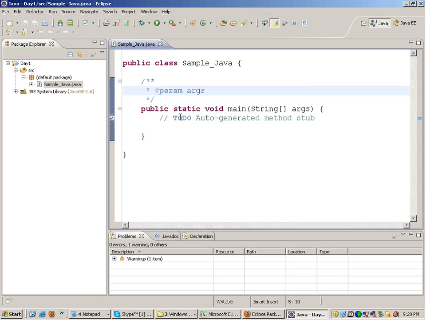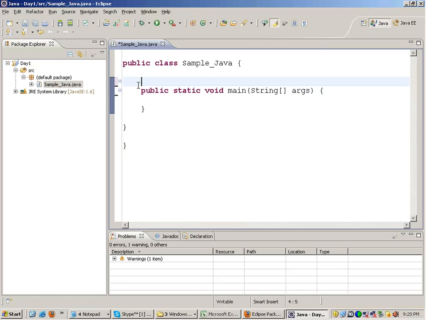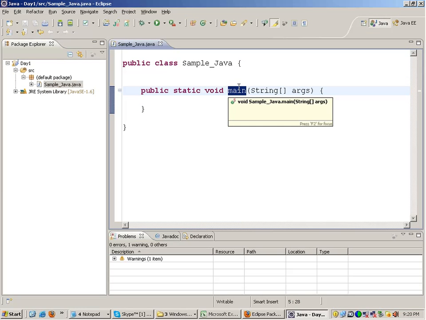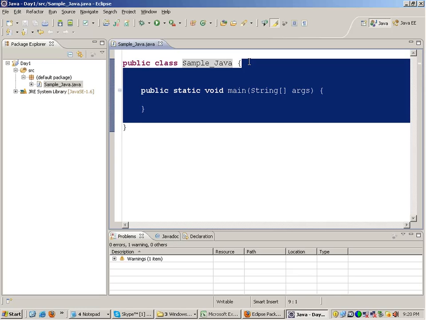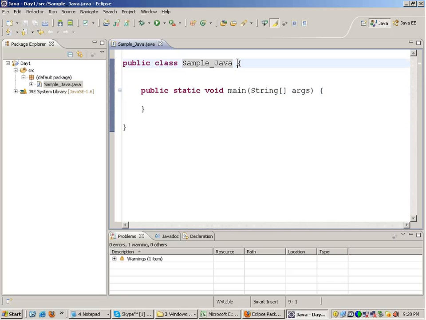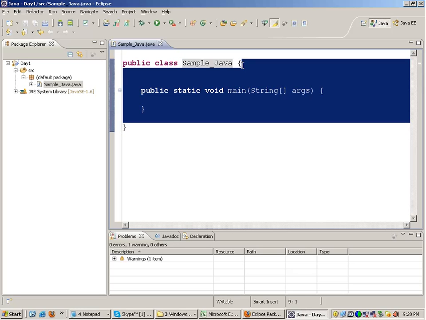Okay, fine. I hope you are able to see it clearly now. Now, this is the main function like we have in the C language. When you run the program, the control comes in for the first time in this function. Whatever code you have to write, write inside this class. This is the starting bracket of the class. This is the ending bracket of the class. Whatever code you will be writing, write between these two brackets.